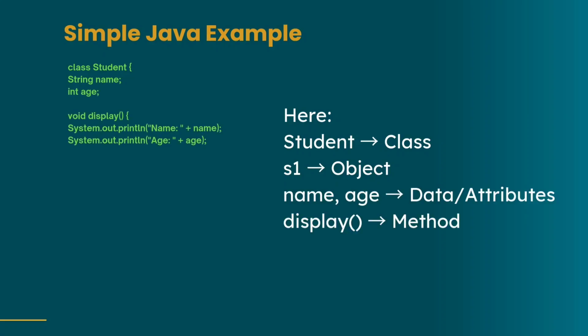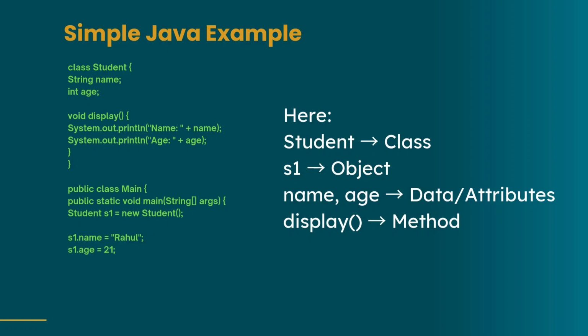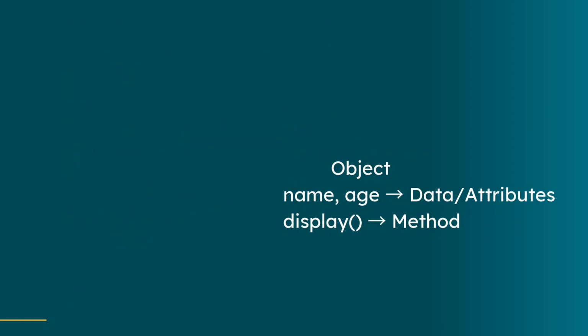Example: class Student { String name; int age; void display() { System.out.println(name); System.out.println(age); } } public class Main { public static void main(String[] args) { Student s1 = new Student();